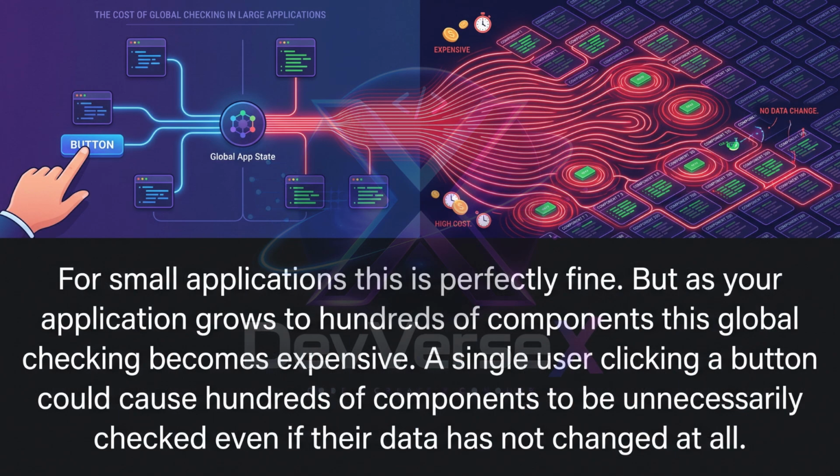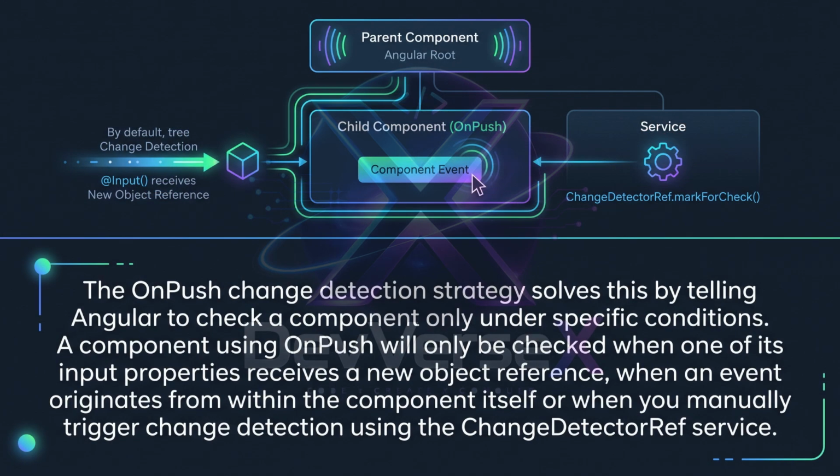For small applications, this is perfectly fine. But as your application grows to hundreds of components, this global checking becomes expensive. A single user clicking a button could cause hundreds of components to be unnecessarily checked, even if their data has not changed at all. The OnPush change detection strategy solves this by telling Angular to check a component only under